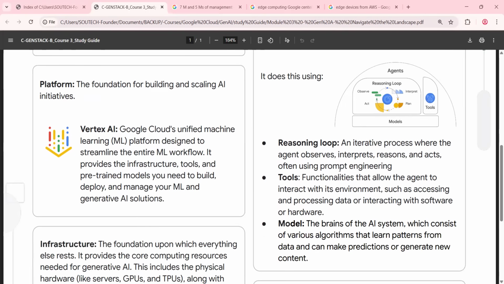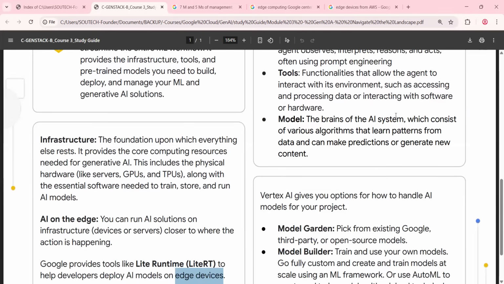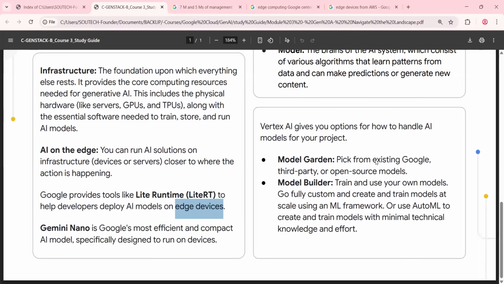So I'm going to try to do a separate series or a long video that is going to address prompt engineering. So don't forget to subscribe to the channel. Aside from taking the generative AI certification, one important skill set you want to have is how to prompt engineer, how to talk to AI agents so that you can get the best response. Because once you do that properly, it will help them to interpret, reason, and of course, act and give you replies. So you have tools and also you have models, of course, the brain of the system.